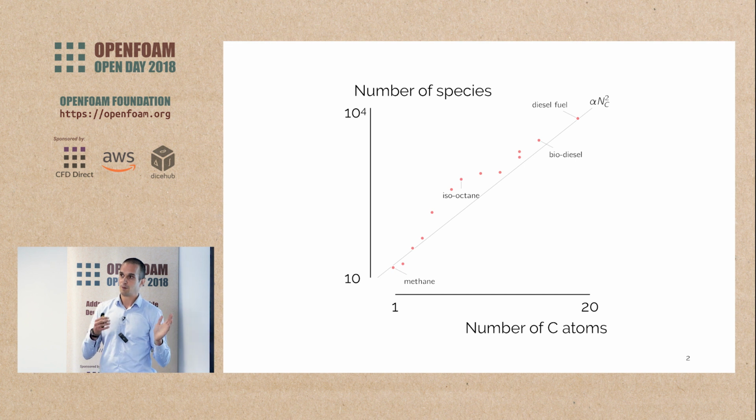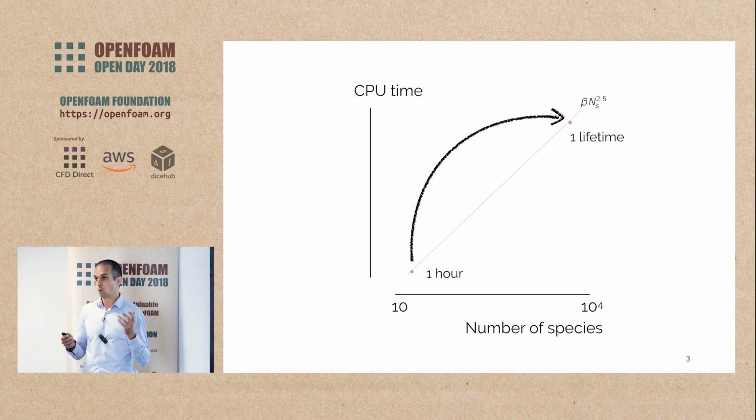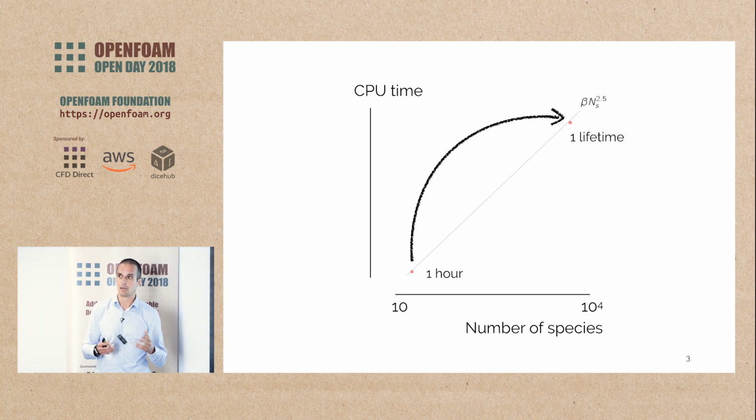species. If I flip this chart and have the number of species as an x-axis and now as a y-axis I'm using CPU time, well, you can quite easily see that there is also a huge problem here. If we want to characterize more complex fuels or more complex configurations, you end up with a CPU time that is way higher than what you would have for a simple fuel. So there is an issue, and that was the motivation initially to work on reducing the impact of detailed chemistry